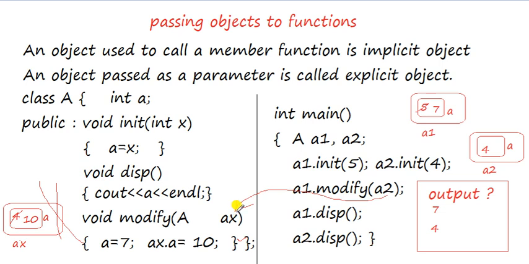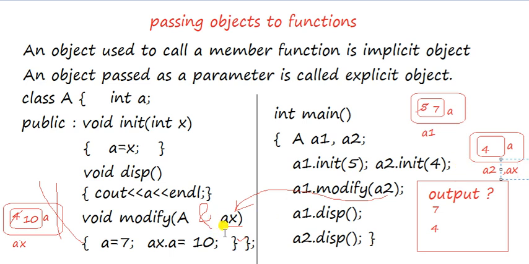In some cases, pointers are a must. So here we'll now use a reference operator. We'll create an alias name for A2 as AX. Now AX will be an alias name. So what happens here now? AX will point to A2, like this. Now AX is the same as A2, A2 is the same as AX.